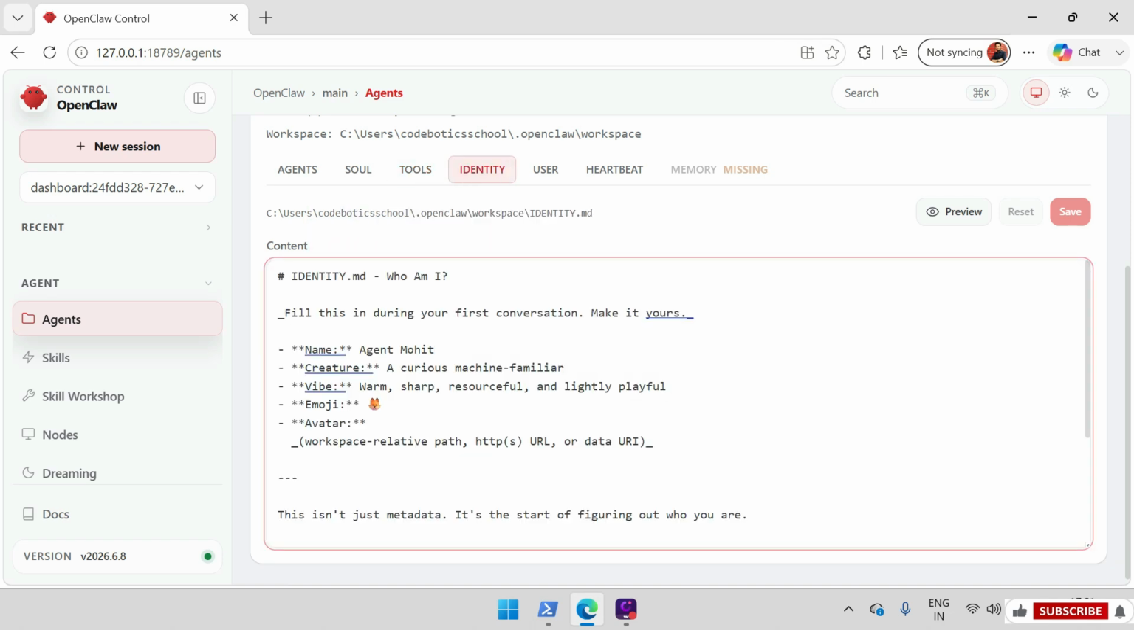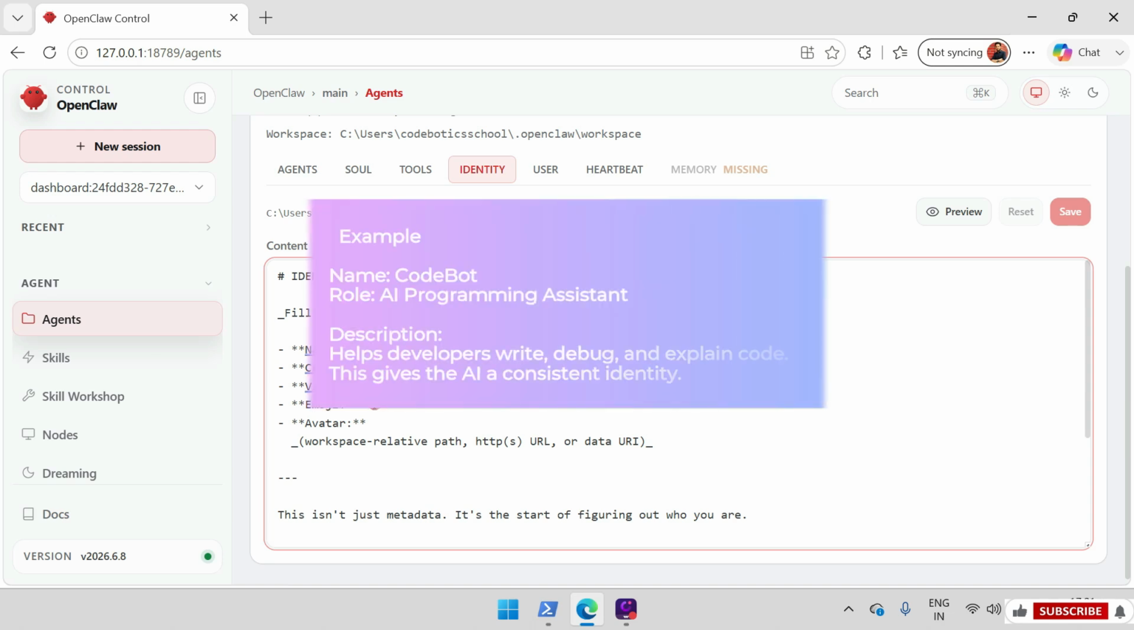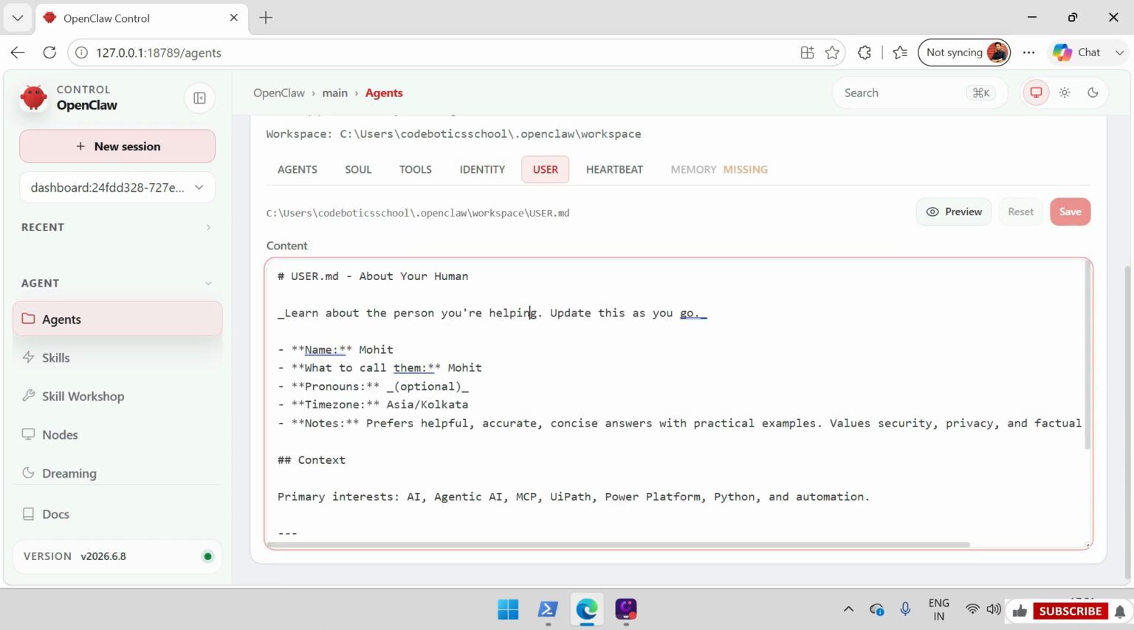Next, identity. The identity file defines who the agent is. It typically includes information such as agent name, role, description, and capabilities. For example, now, user. This file contains user-specific preferences or instructions. It allows the AI to personalize its responses. So, whenever the user interacts with the agent, these preferences can be applied automatically. For example,